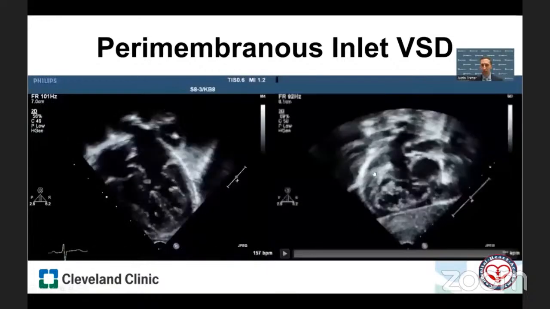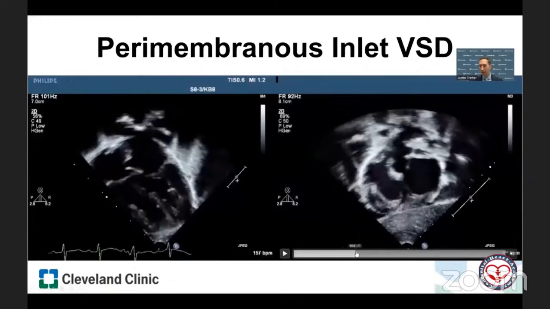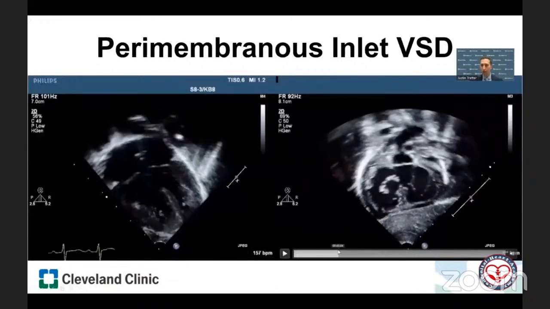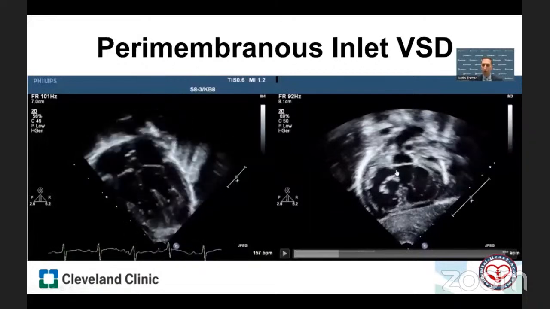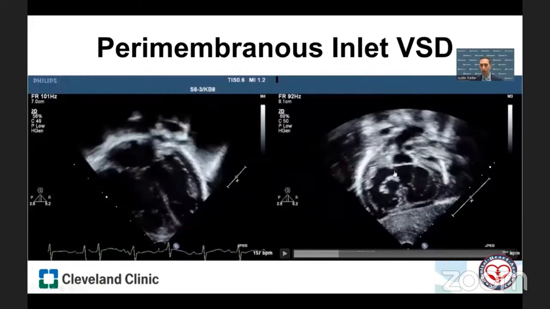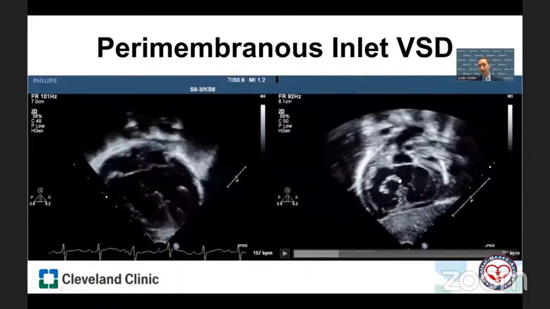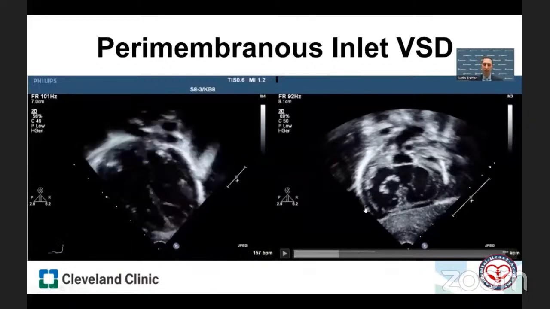But better, we turn our attention to a subcostal short axis view like we discussed. We get that tricuspid valve en face. We see the commissure between the anterosuperior and septal leaflet. The area where the membranous septum would be is deficient right under the aortic valve. So it is perimembranous, and then the defect is extending inferiorly under the septal leaflet, so it extends to open into the inlet of the right ventricle.